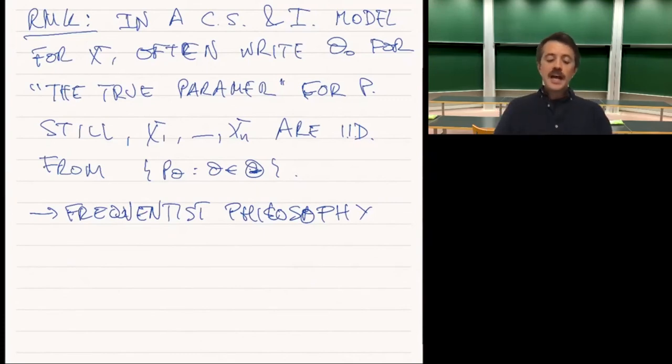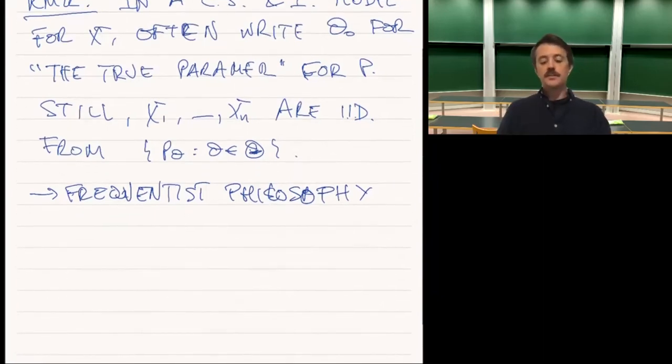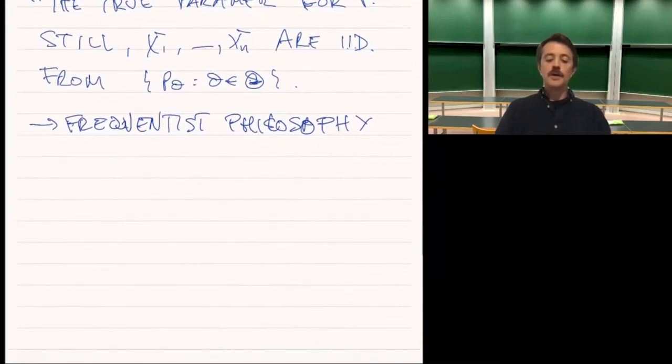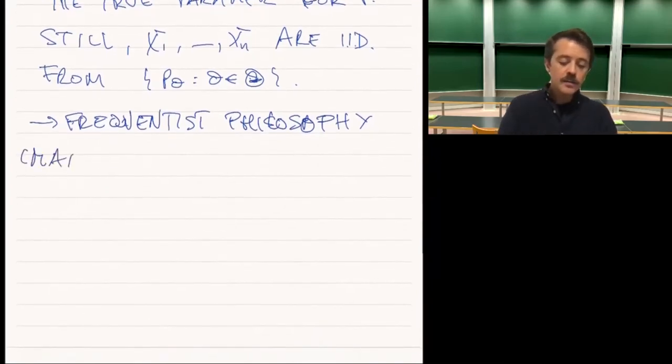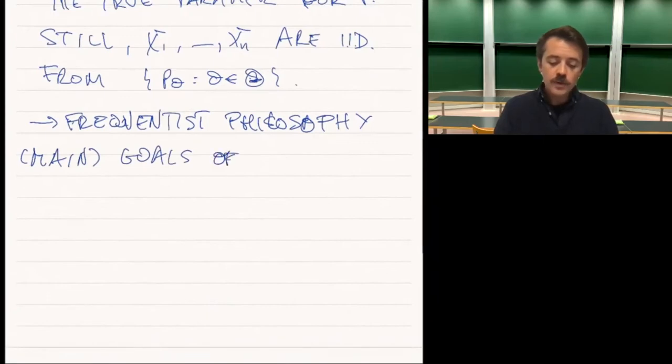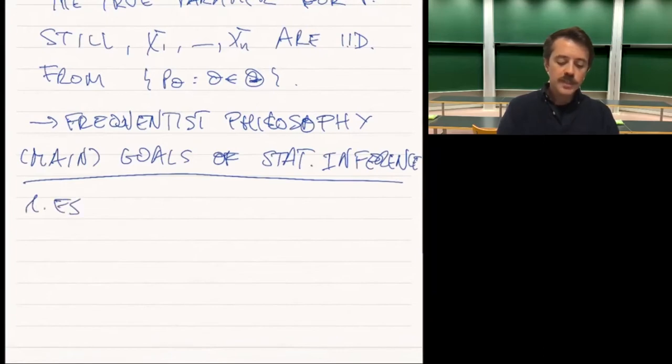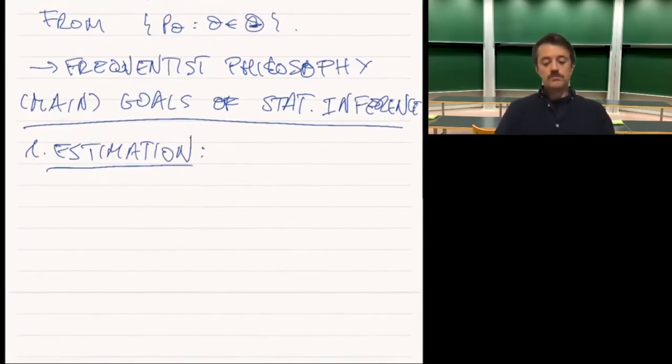So we've spoken about probabilistic concepts, then statistical concepts. Let me now talk about the main goals of statistical inference, which is what concerns us here. The very first goal, and this shouldn't be a surprise, is estimation. Under this frequentist point of view, there is a true value theta naught that we want to understand in some way. So maybe what we want to do first is to construct an estimator,